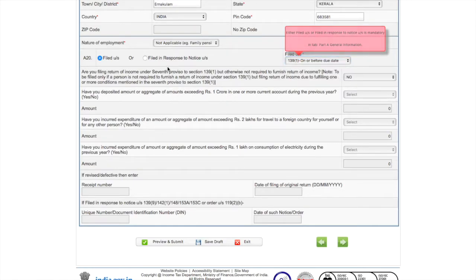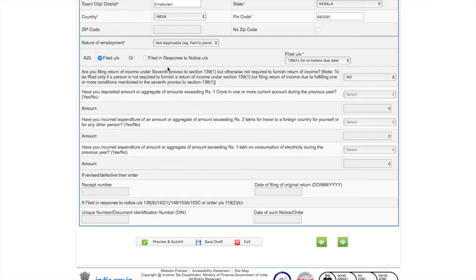The next section is newly inserted, a new change during the current assessment year. This is to be filled by those assessees who are filing the return as they fall under the 7th proviso to section 139(1). Otherwise, they are not liable to file the return. The 7th proviso of section 139(1) covers individuals: 1. Who have deposited more than 1 crore in one or more current accounts in financial year 2019. 2.